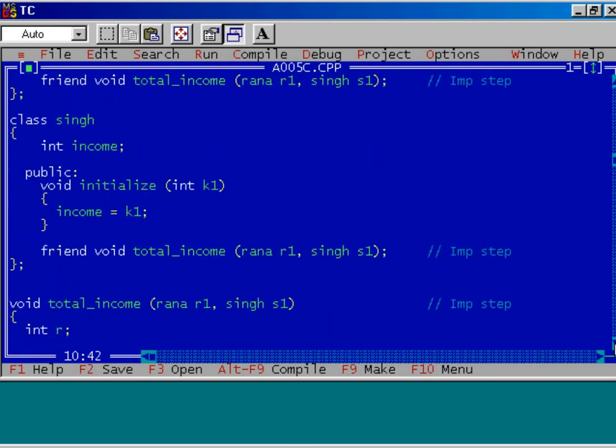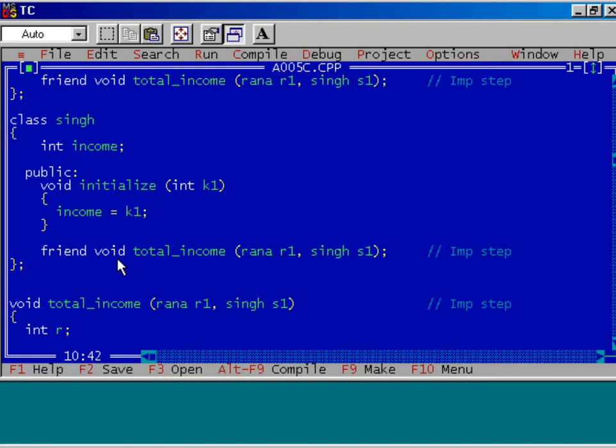Well, now see the next one. The second class is the class named Singh. In this class, there is only one data member, that is income. This is of integer type and it is private. Again, there is only one member function, namely initialize. This member function initializes the data member income.